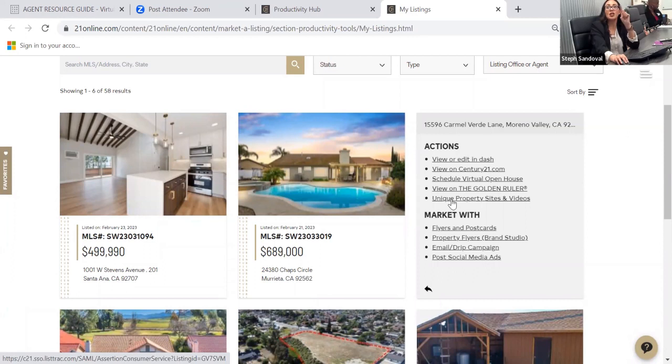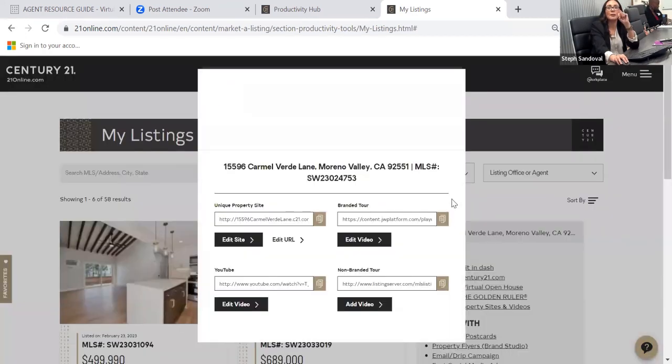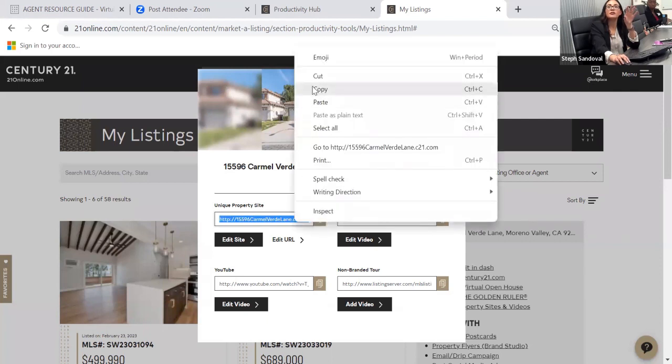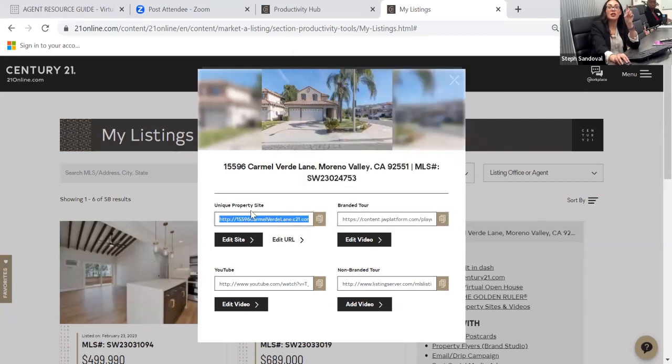One of them is going to be the unique property website. So I don't know whose listing this is, but we're going to find out. So they give you a unique property site URL. And all of these you can use to your advantage, and you can send text alerts to agents if any